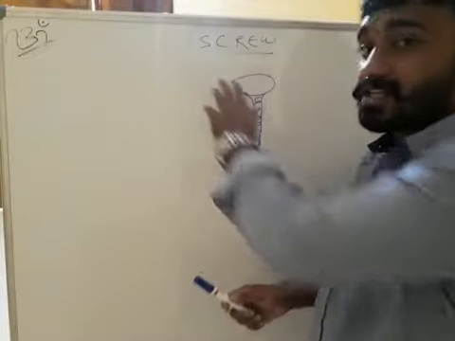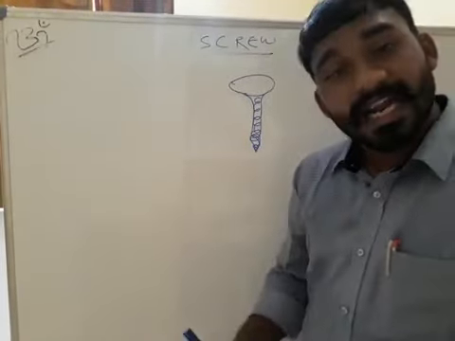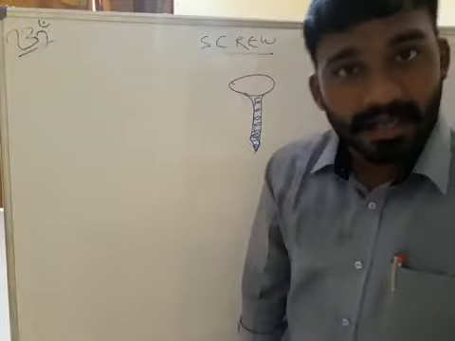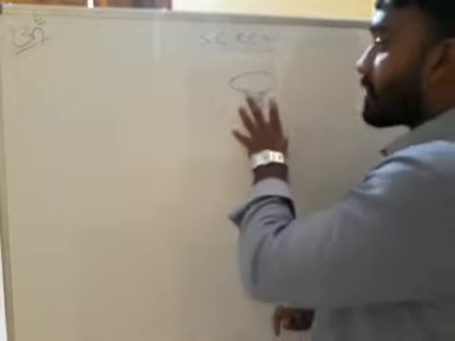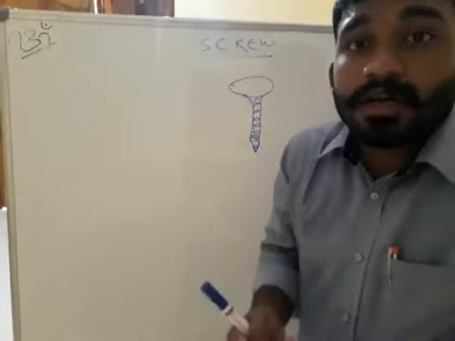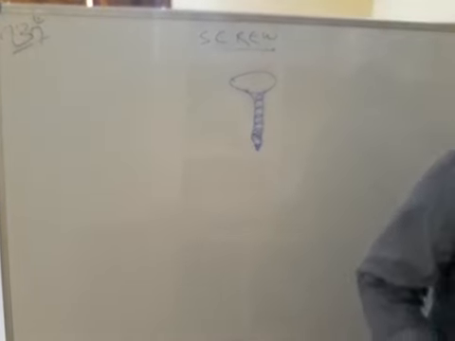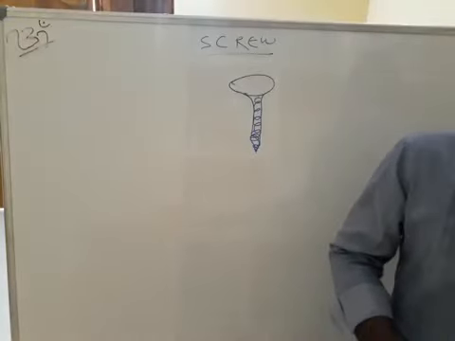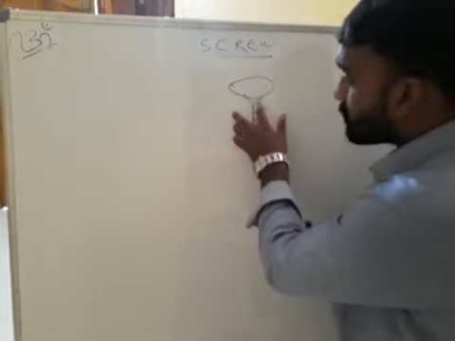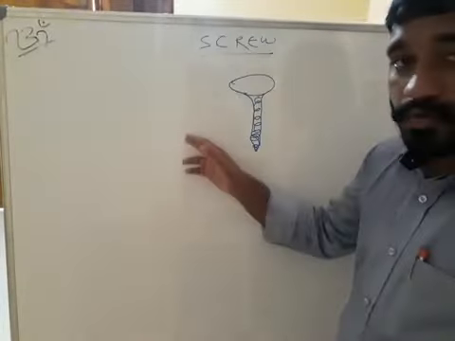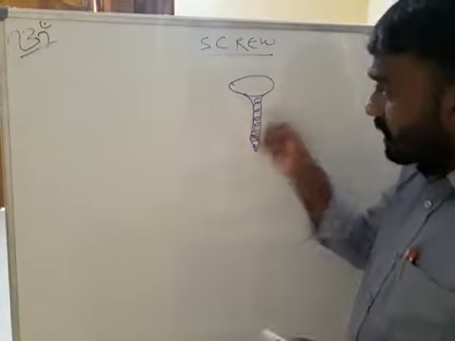So a screw is a modification. Before, I told you the wedge is a modified part of the inclined plane, because there were two inclined planes. This is also one inclined plane-like structure. The modification of the inclined plane is also called a screw. And here many groove-like structures are there, which you can see spiraling